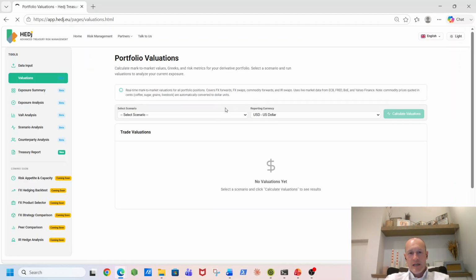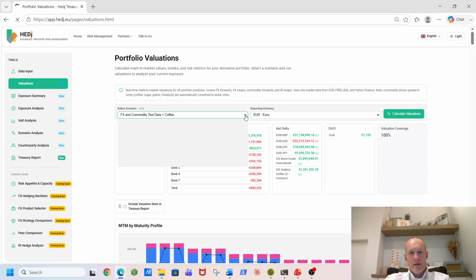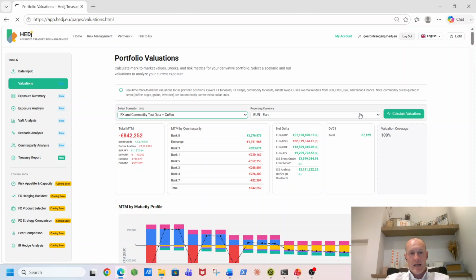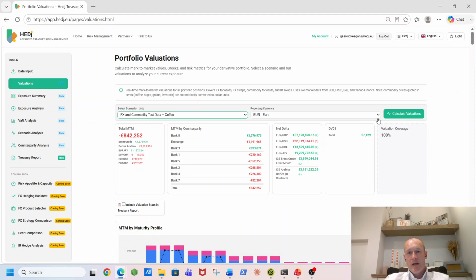So once you have the data in there, you can save a scenario, and you can choose a scenario if you've more than one scenario saved. This example has a range of FX, commodity, and coffee exposure. You select your reporting currency, and you can revalue that whenever you want. It goes off, pulls in the market data, and produces a mark-to-market value for you for the whole portfolio, and then